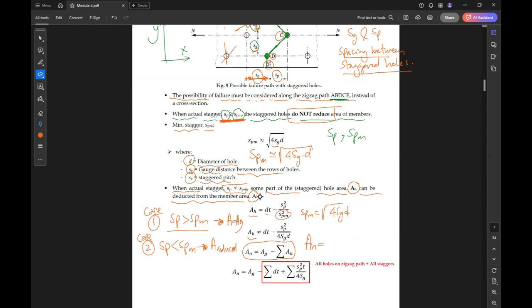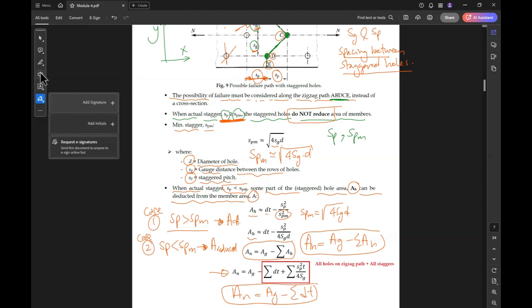will be equal to area gross minus summation area whole of the stagger. So the final formula is this one here, area N equal to area gross minus dt. This is the actual area N. Sorry, this is here. I just need to remove this one here. So in this case,